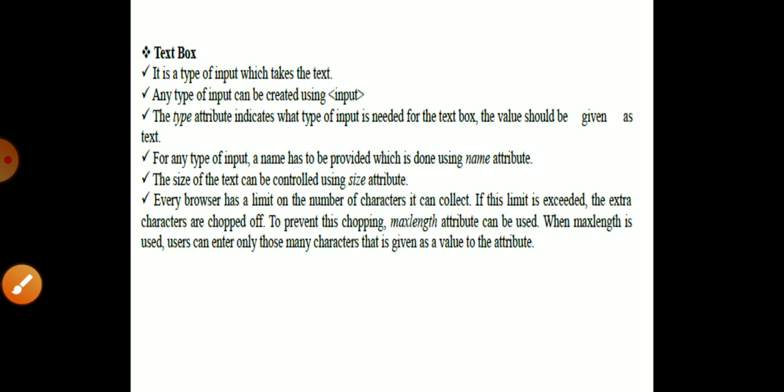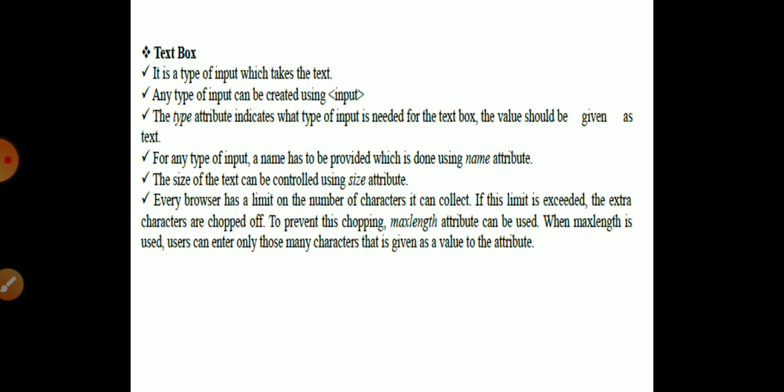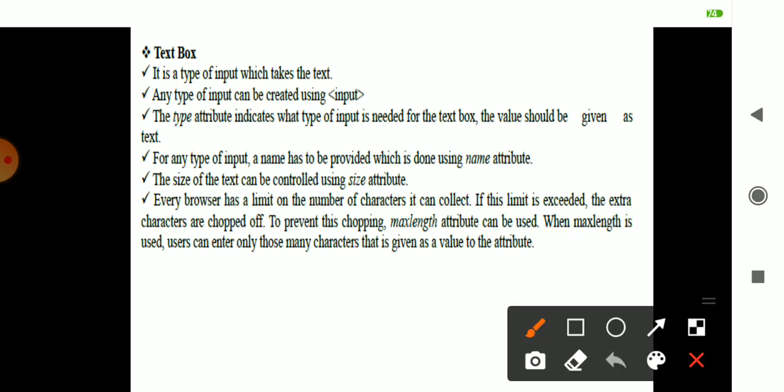So in the form, the text box is one of the things used in the beginning. We will consider the text box. Why do you use it? In order to give some certain text. For example, you write, enter your name, and next to that a text box will be there. In that text box you enter your data. That is the text box, which will take your input as text.